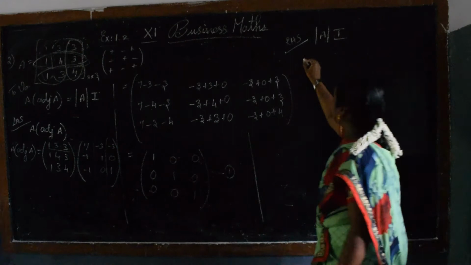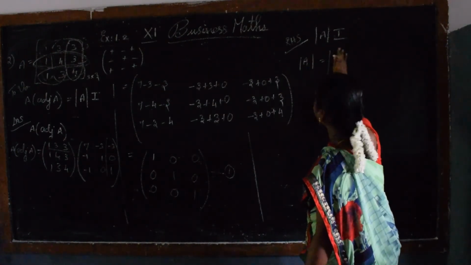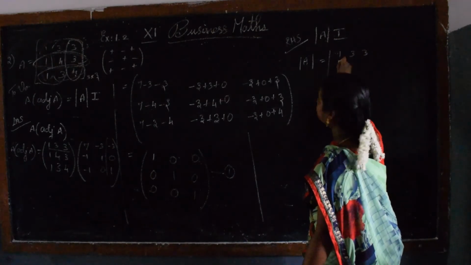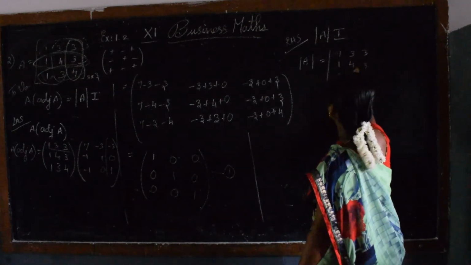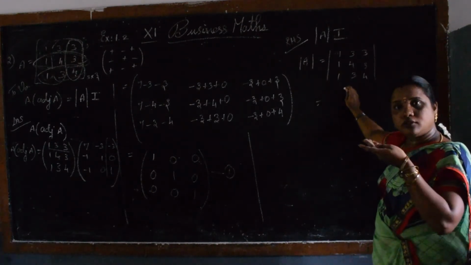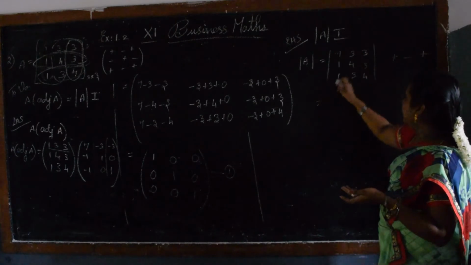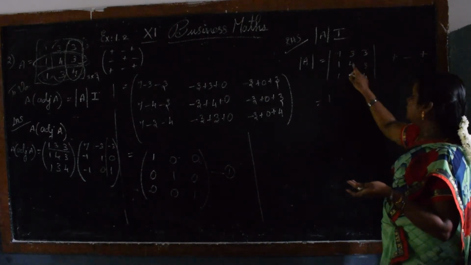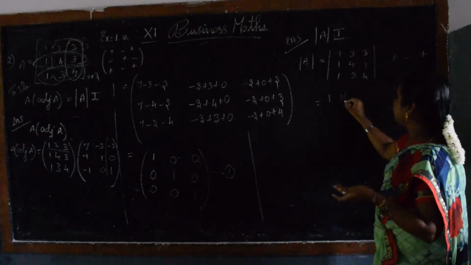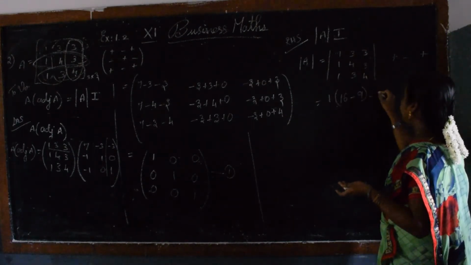See here, how you have to find the determinant value. Take the given determinant: 1, 3, 3, 1, 4, 3, 1, 3, 4. What to do? I am going to solve row-wise. Plus minus plus. Take 1. See what remains: 4 4s are 16 minus 3 3s are 9. Minus, take the second element 3.